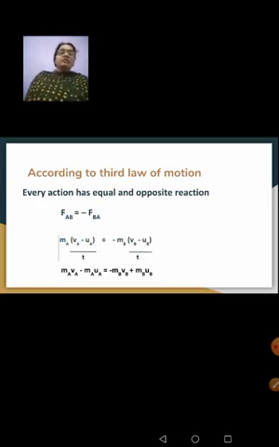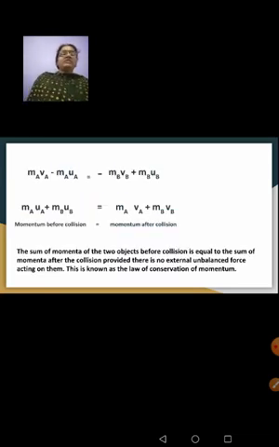Now we can cancel T on both sides. So we get MAVA minus MAUA is equal to minus MBVB, and there is one more minus before the UB term, so minus into minus gives plus MBUB. So we got MAVA minus MAUA is equal to minus MBVB plus MBUB. Now taking the like terms together, all U together and all V together: we have this minus MAUA, which when taken to the other side becomes plus. Similarly, that minus MBVB, when taken to the other side, becomes plus.